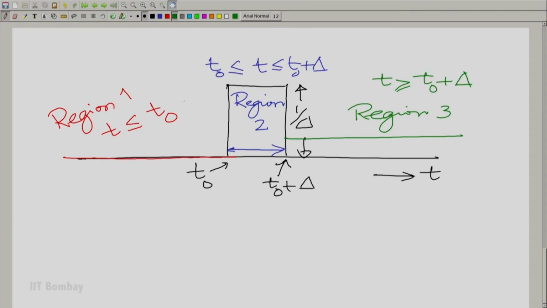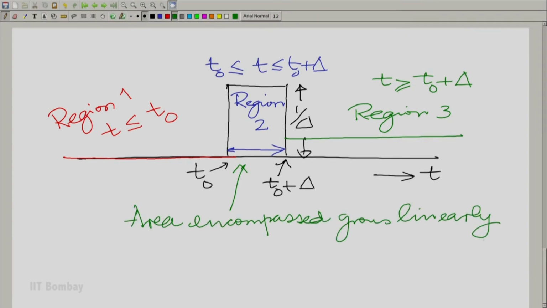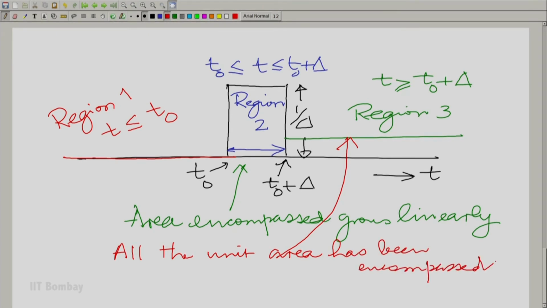It is only in region 2 and in region 3 that we have encompassed some area. Let us look at it. So, in region 2, the area encompassed grows linearly, and finally, in region 3, all the unit area has been encompassed,